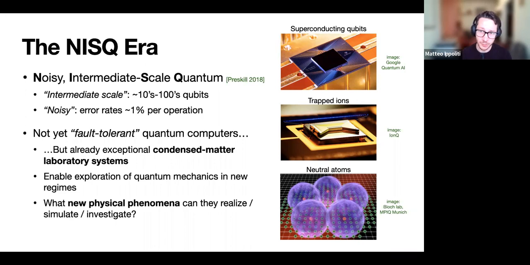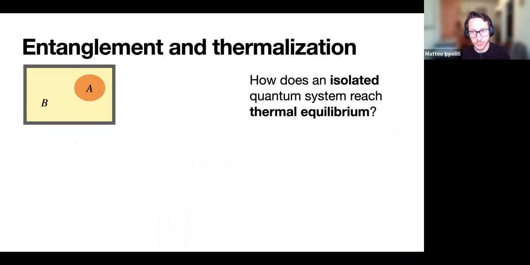So to get at this question from the point of view that I'm going to take for this talk, I have to start from the basics and introduce the concept of quantum thermalization and how it relates to quantum entanglement. So let's consider an isolated quantum many-body system. We have some collection of qubits, for example, that we imagine to be perfectly isolated from their environment, so they evolve unitarily. And let's consider a subsystem of contiguous degrees of freedom, let's call it A, that evolves in conjunction with the rest of the system that we can call B.